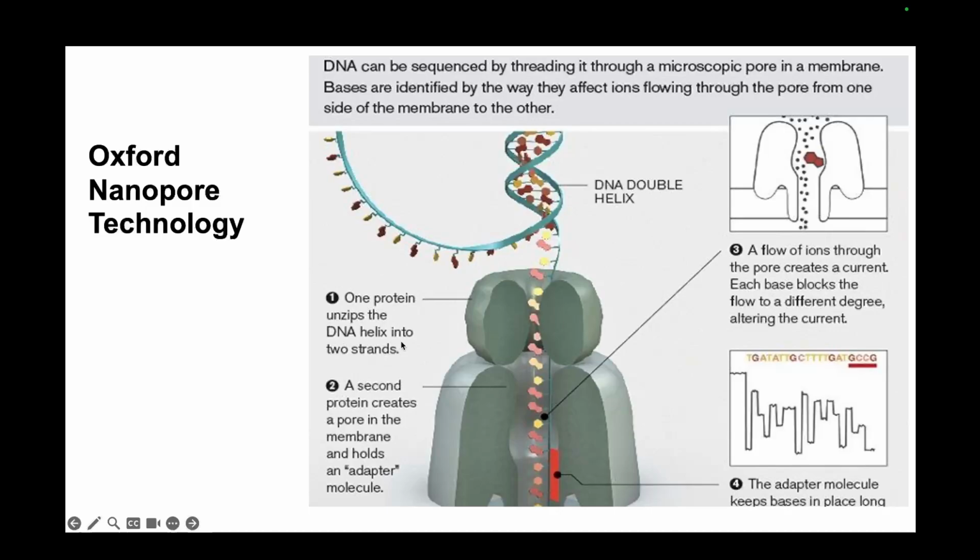One protein will unzip the DNA helix because it is a double strand, and only one strand will go inside the protein through the membrane. The second protein will create a pore inside the membrane and will hold the DNA together with the help of an adapter. The adapter molecule is attached here so that it keeps the DNA inside the membrane, inside the protein, and through the membrane. So ONT is a very widely used technology, and it can generate very